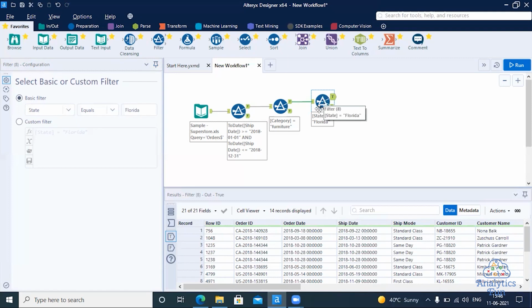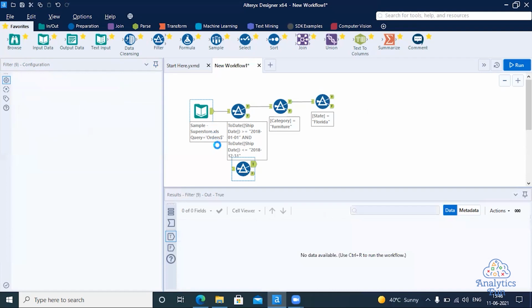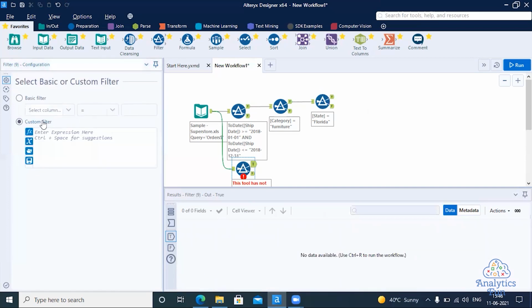Now I will show you how to use a custom filter. We will produce these 14 rows using a custom filter. I will bring a custom filter here and drop it down. In this custom filter, you can use the condition which you have already written.